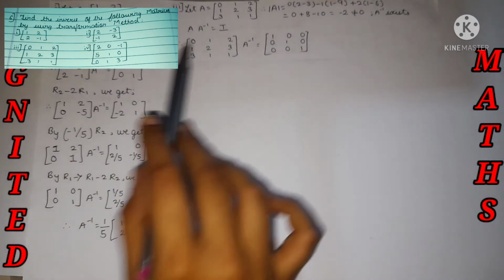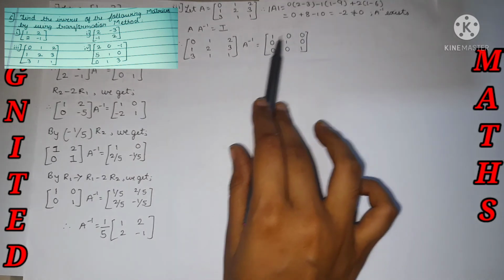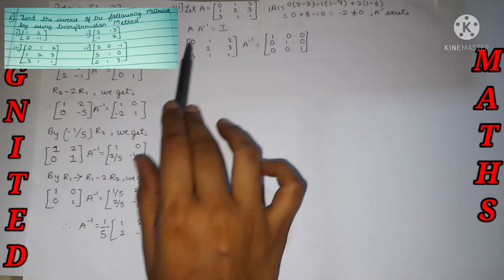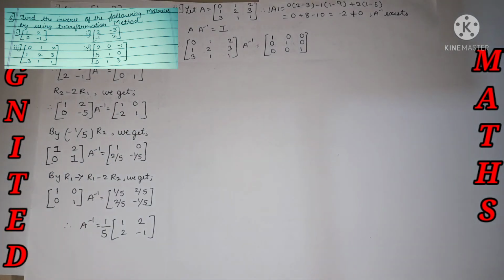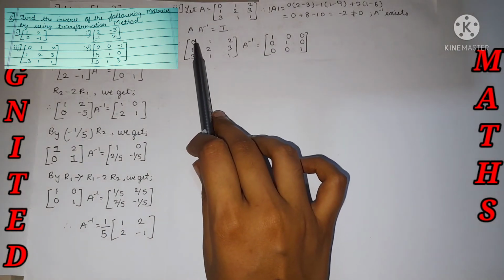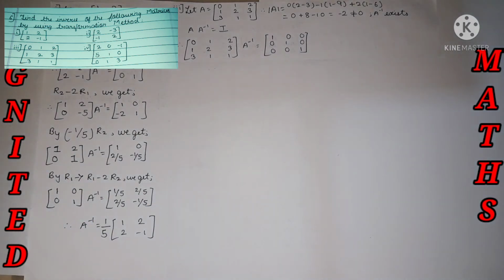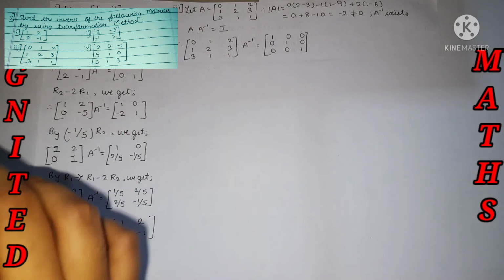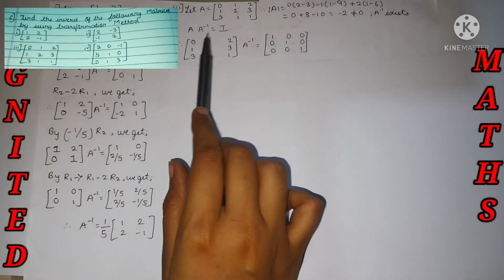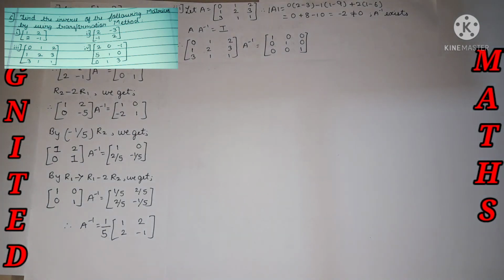Now what is the procedure? We need to bring this element in the form of 1 0 0, 0 1 0, 0 0 1. Whatever may be over here, no need to worry, just do the calculation and we'll get the answer. Over here, the first and most important step is to bring this one element as 1, whatever transformation we are doing, row or column, so that we can do the calculation in the simplest way.